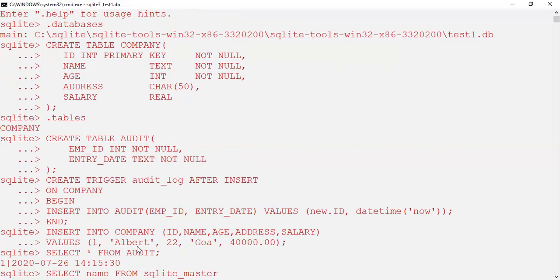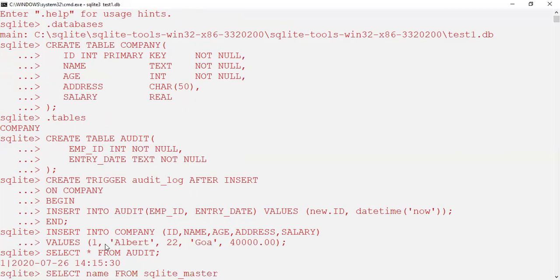One is ID, Award is name, 22 is age, Goa is address, and salary is 40,000. So at the same time, a record will be created in the audit table. This is just because of the trigger which we have created on the insert operation on the company table.